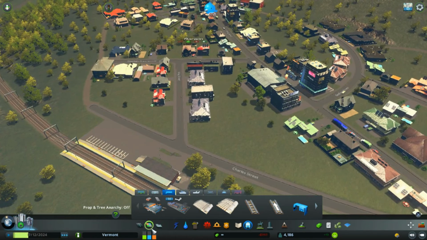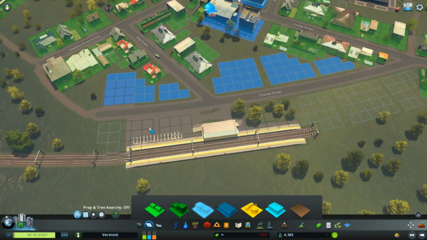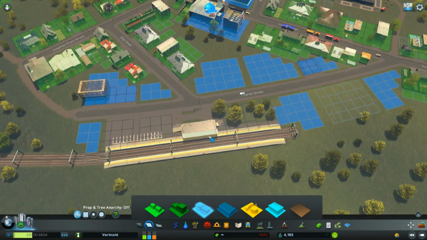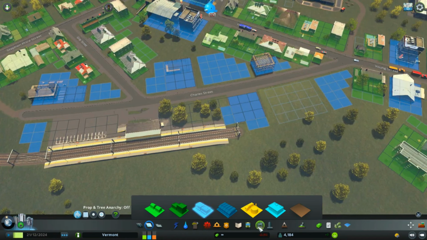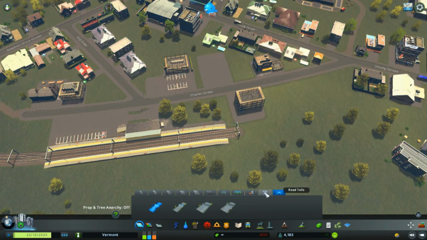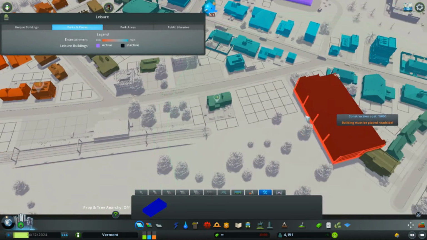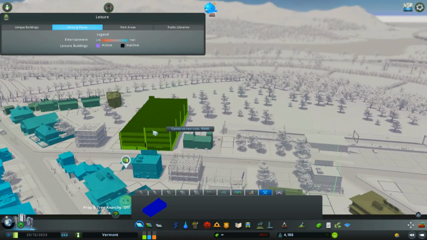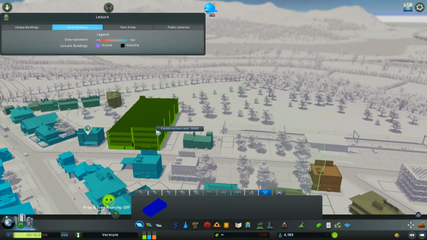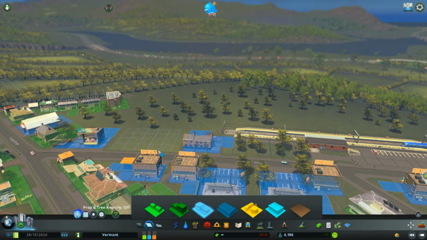What I want to do here is, because I ripped out a whole heap of houses, I think we should have some commercial in here. This is too big. It's way too big. Not gonna put that there. Just thinking it would be nice to have a...